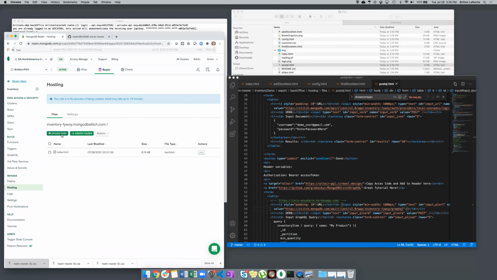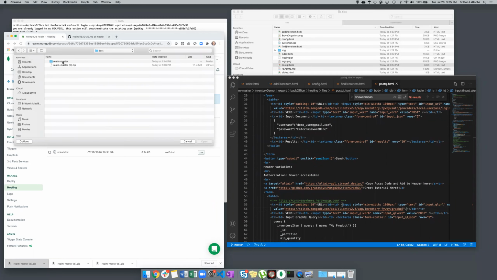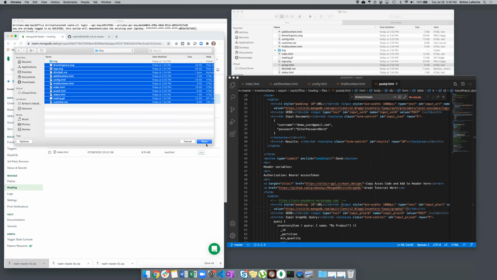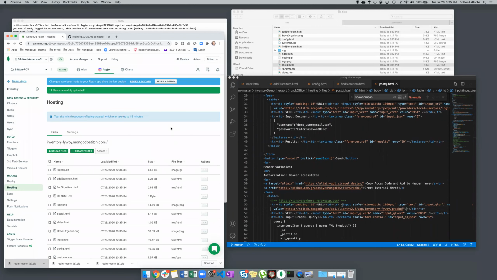So we say upload files, and we have placed all these files under documents, Britain, test, master, inventory demo, export, back office, and we go into hosting. And here in hosting, we have files. This is where we actually upload all these files. So I'm going to select everything in this directory, say open, and then as it uploads, we will be able to see all the